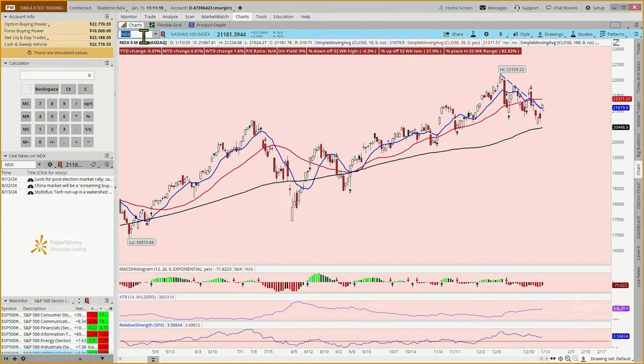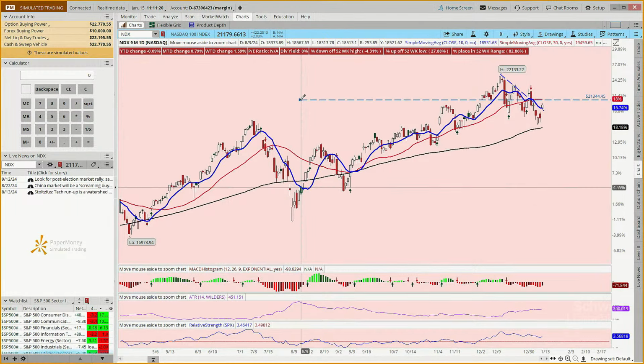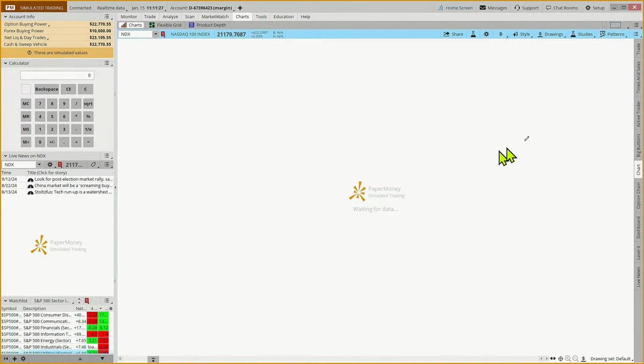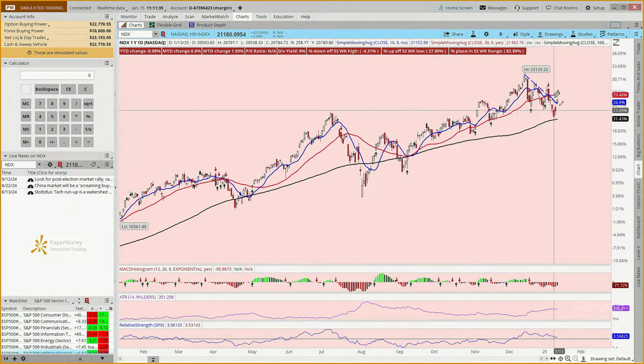Okay, what about the NASDAQ? Well, we were talking yesterday about this pullback, and this index too, and if you want to see what the last year looks like, you can come down here to show price as a percentage. And if we go to the 1 year, this index up 26%, not too shabby, but we've seen this pullback and we were looking for a diagonal resistance breakout because it has been pulling back.